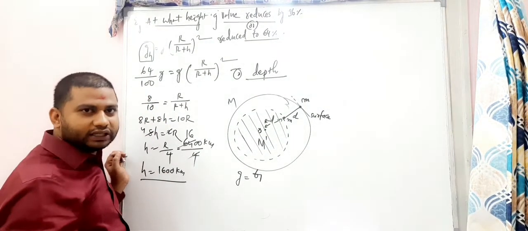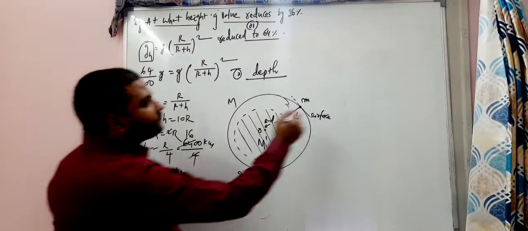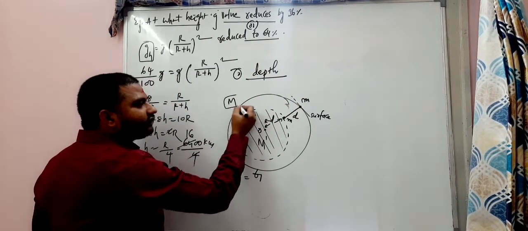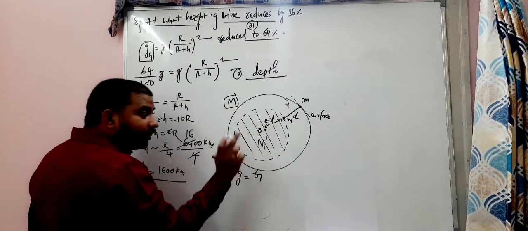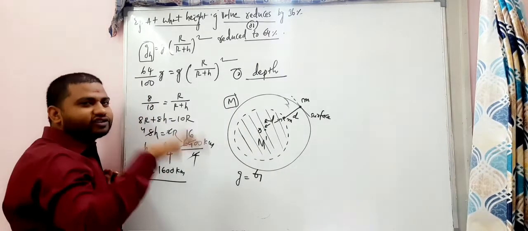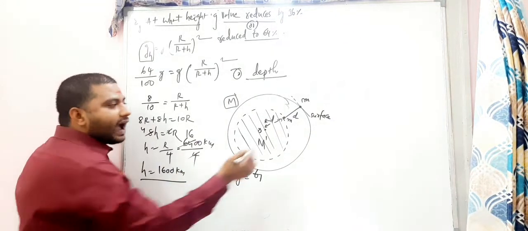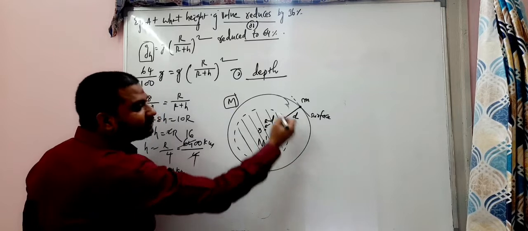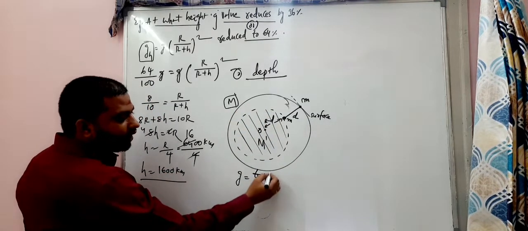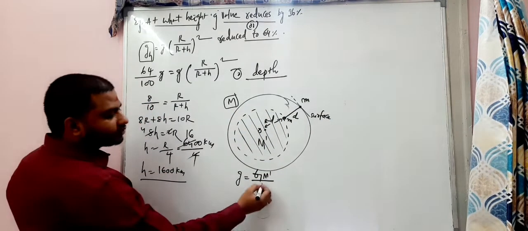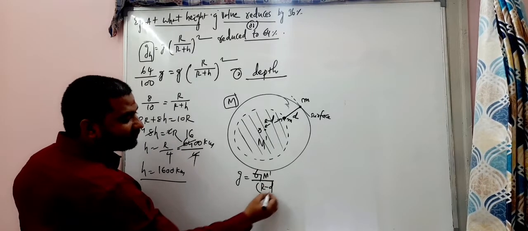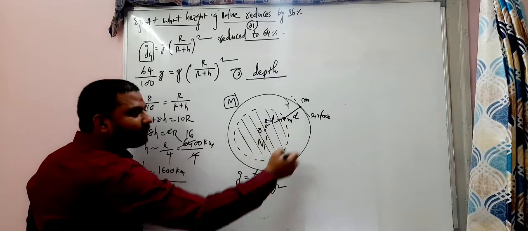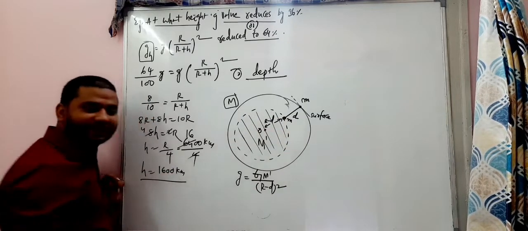Carefully observe. When the object is kept on the surface, then the total mass of the planet we have considered. Here, the object is not kept on the surface of the planet, it is kept at a distance. And at this point the surface mass becomes this mass. So that is G M dash divided by R square. R square here is R minus D whole square. So its radius is R minus D, this particular mass M dash, radius R minus D.